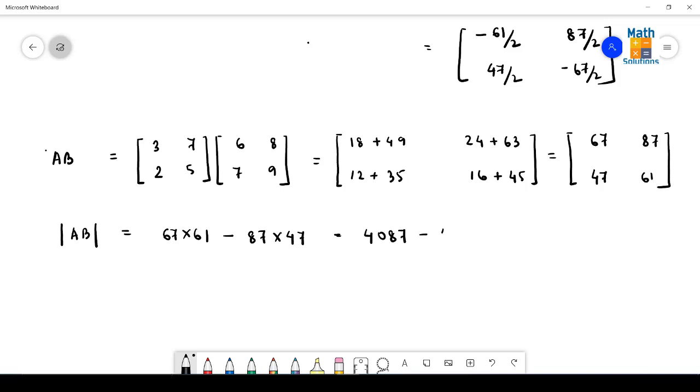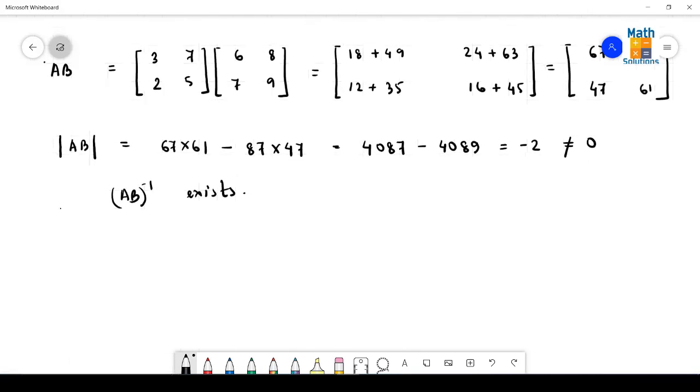4087 minus 4089, and our answer is minus 2, which is not equal to 0. Therefore AB whole inverse exists. After that we shall have to find out the adjoint